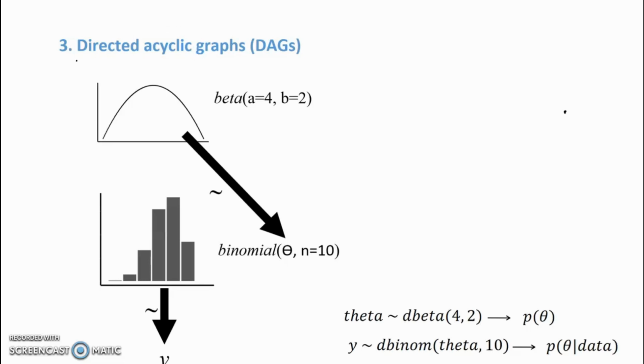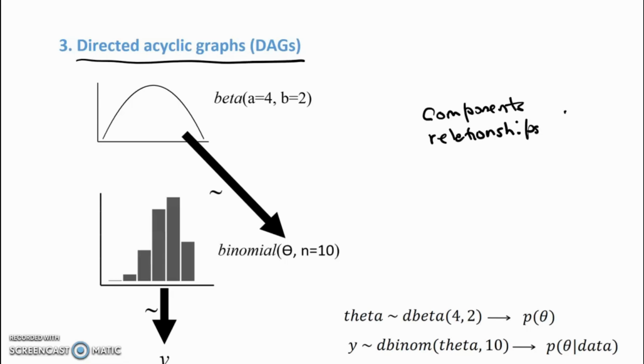And these directed acyclic graphs are going to be really helpful in that they're going to help us visualize components, the variables, and the relationships among those components and variables, and that's going to help us with writing a runjags